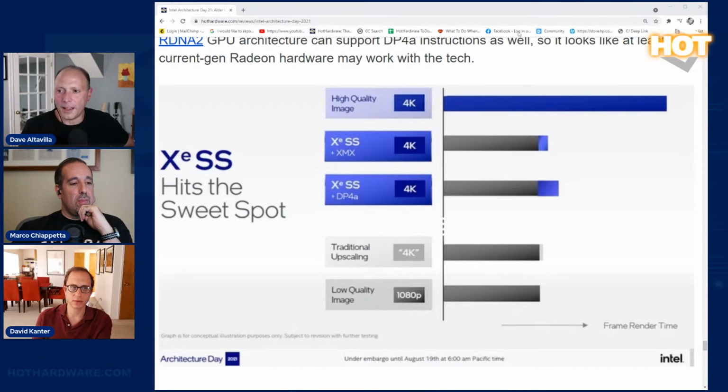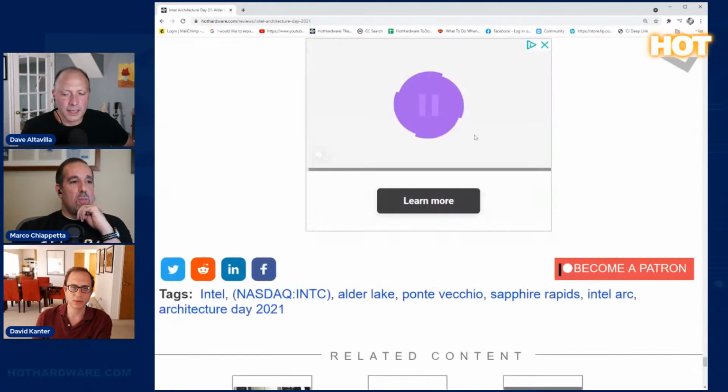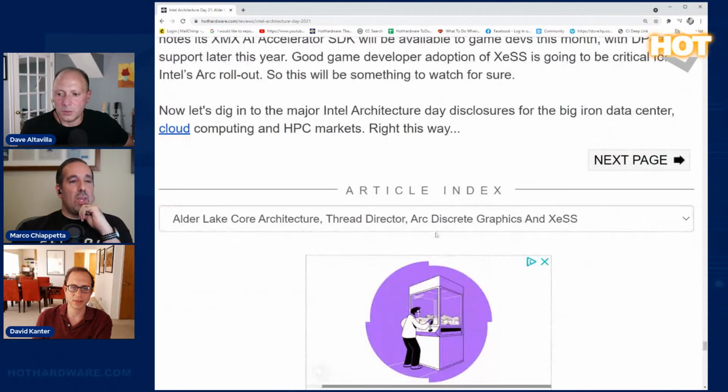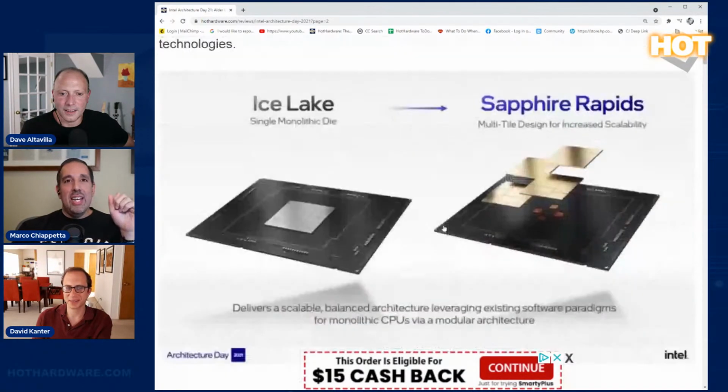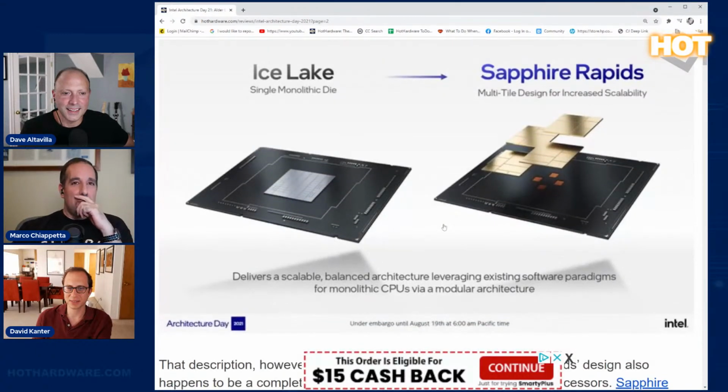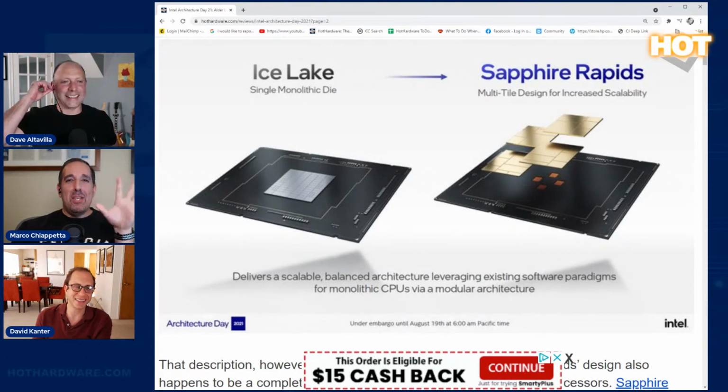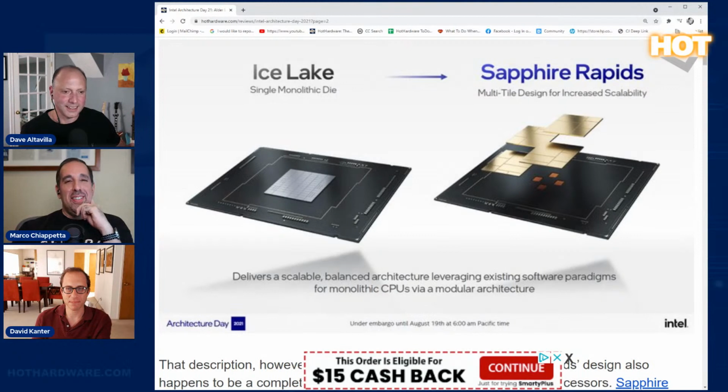All right, so are we going? Yes, we should move on to the big iron. Let's just get a quick yes or no answer from David on one quick question. David, is Intel going to succeed with GPUs this time around? Oh, that's a good question. That's not a yes or no question. No, your gut, yes or no? Is this it? Do we have three competitors come next year? Yeah. Okay, good. I think so.